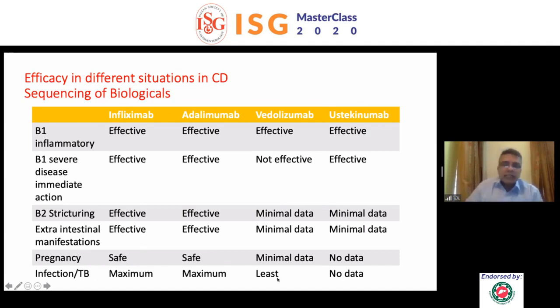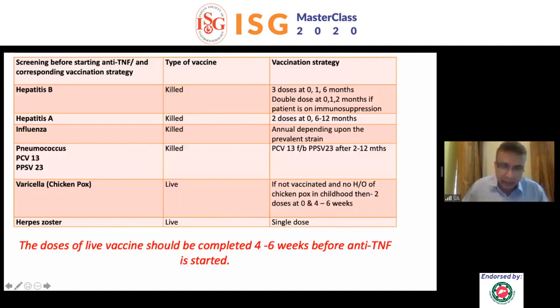Infection and TB: yes, the risk of infection is least with vedolizumab, and particularly TB seems to be the least. So there it appears to be the first-line drug. But remember that it is not effective in severe inflammatory disease, and certainly for stricturing disease or extraintestinal manifestations, we do not have any data. So this chart will clearly tell you when you have to start a biologic in any setting. How do you start? We'll talk about fistulizing disease later. When you're going to start biologics, since it's the time of Corona, which has made us wiser, we always talked about this, but now I think it has become imperative.